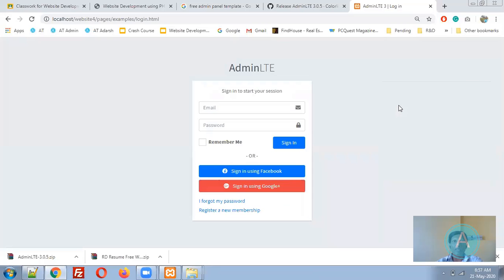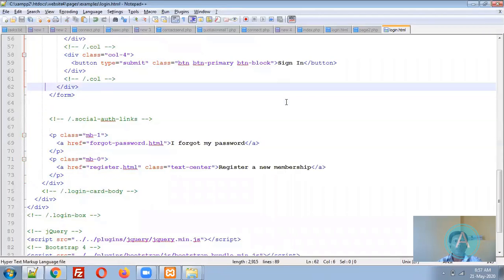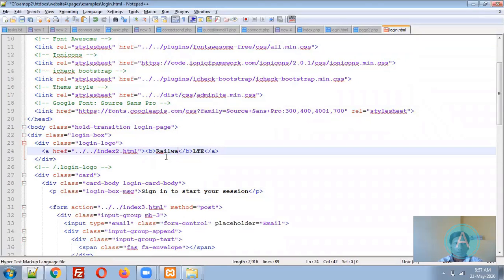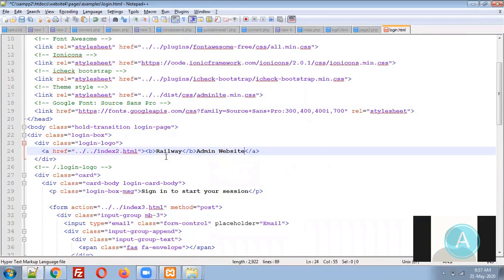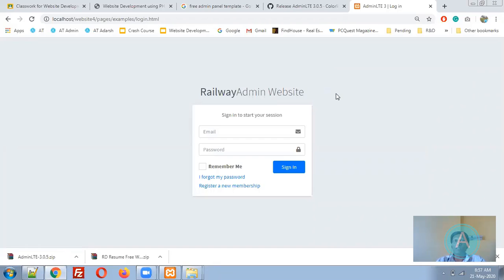Now, sir, refresh this page. You can see the things. It is removed. Are you getting my points? It is very easy, because the templates are there, themes are there. Suppose you like to change this AdminLTE, okay, no problem. Just find out where it is written AdminLTE. It is written over here. Now refresh this page. You can see the things. It is there. Are you getting?